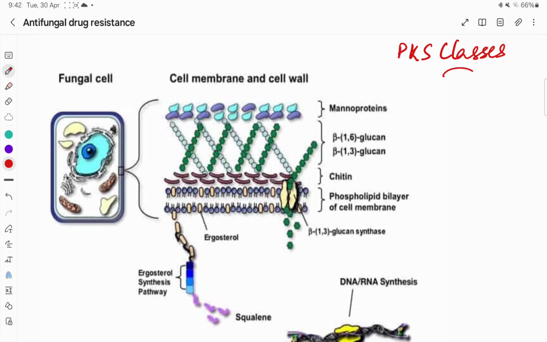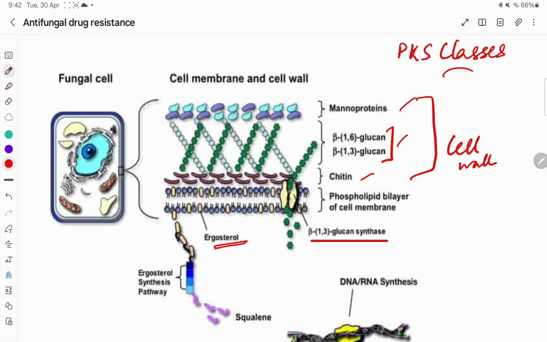This fungal cell wall consists of mannoproteins, glucans, beta-1,3 glucan and beta-1,6 glucan, chitin, and then the cell membrane. So this is the cell wall, and the cell membrane consists of the phospholipid bilayer and ergosterol, and the enzyme beta-1,3 glucan synthase helps in the synthesis of beta-1,3 glucan. This enzyme is also located across the cell membrane,